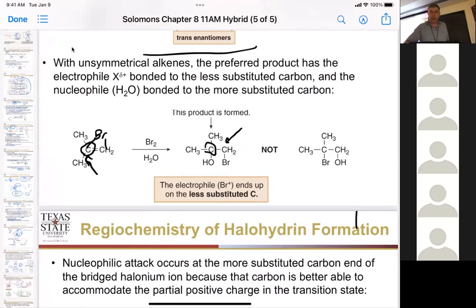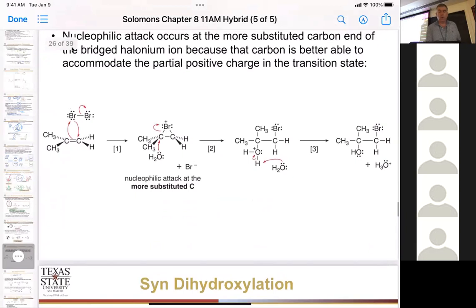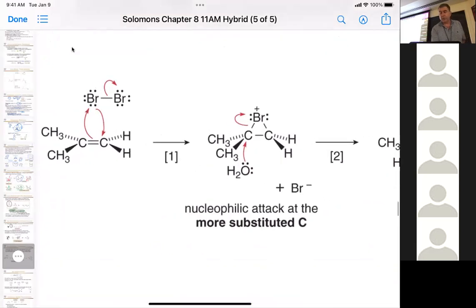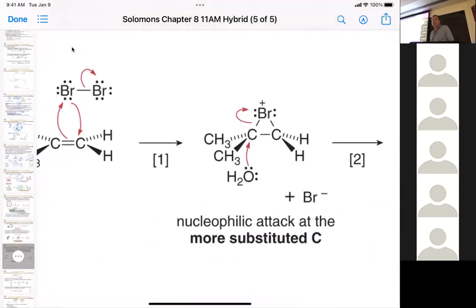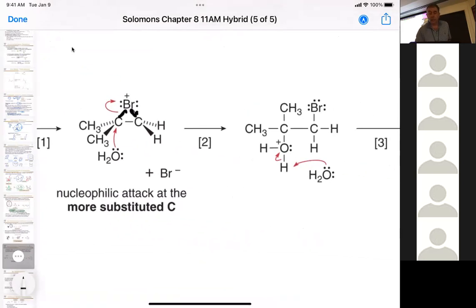Okay. So why? The whole reason comes down to that once we create this intermediate here, we have to think of these bonds as being kind of strained, right? We're trying to make a three-membered ring here. That's going to be a strain there. And so they're going to try to equilibrate that as much as they can. And so when they do that,